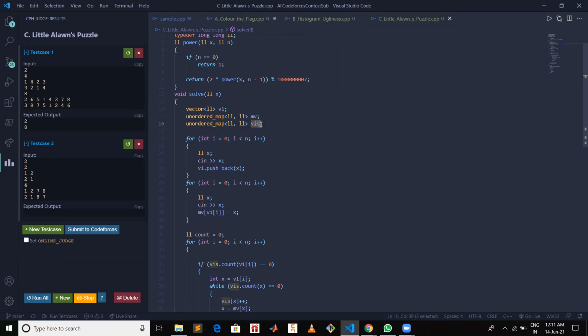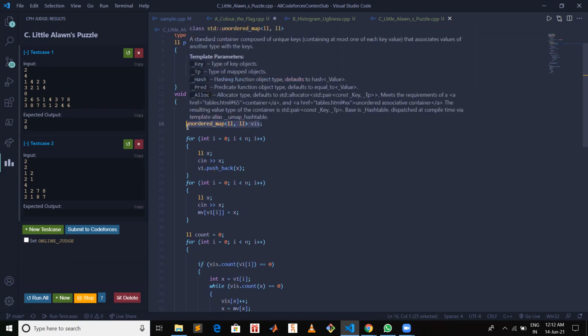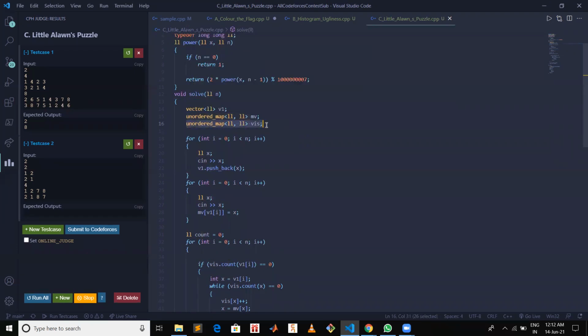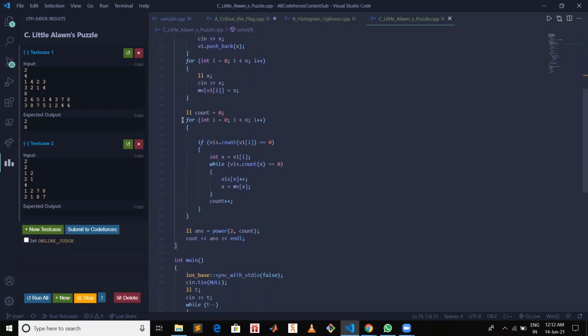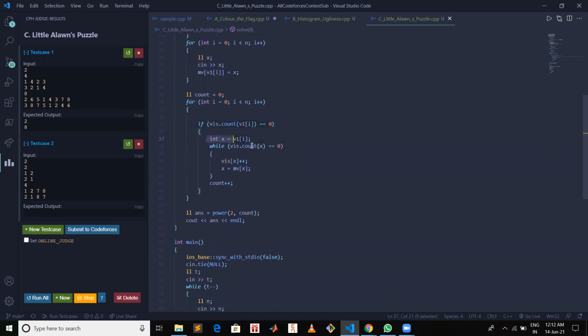Since we have all unique numbers from 1 to n, once I add some number to a particular group, I will mark it visited to make sure that I don't check that number again. Okay, so while iterating on vector 1, I will check if the current number in vector 1 is not visited. Then what I am doing here, let me explain by writing an example.